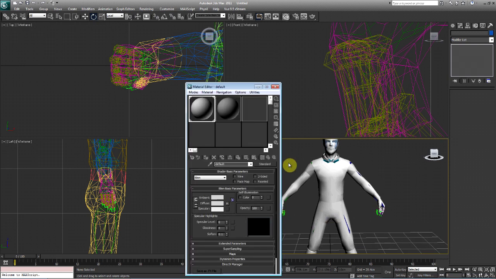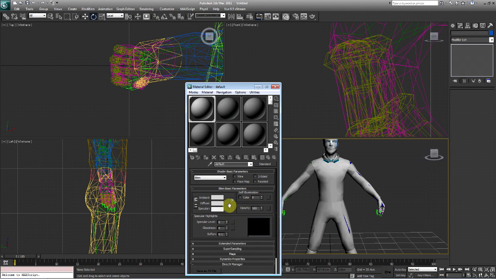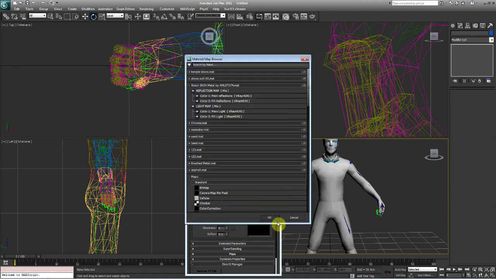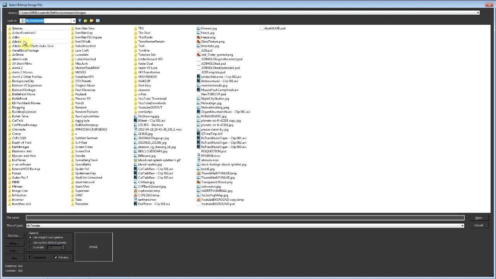So let's go ahead and hit M. I'm going to use the basic 3ds Max texturing material editor. I'm using 3ds Max 2011. So we're going to go ahead and select. Let's clear this off. I don't know why that's going to diffuse. Okay, so we're going to hit diffuse. Ignore all that. Those are my own errors. We're going to select bitmap. Okay, just go under the folder that you have it in.